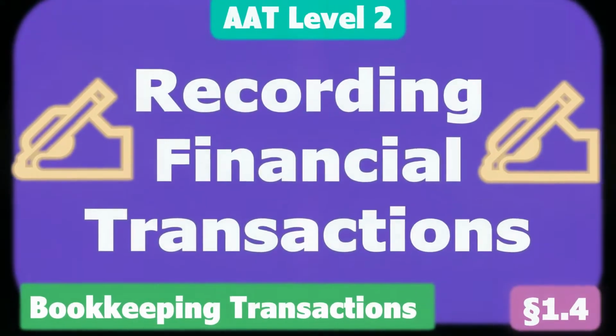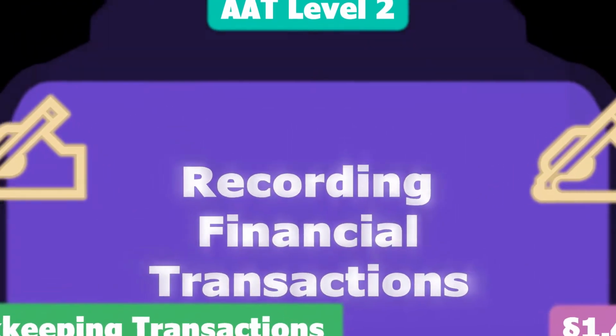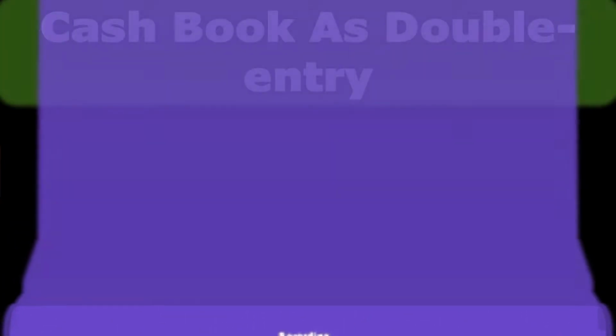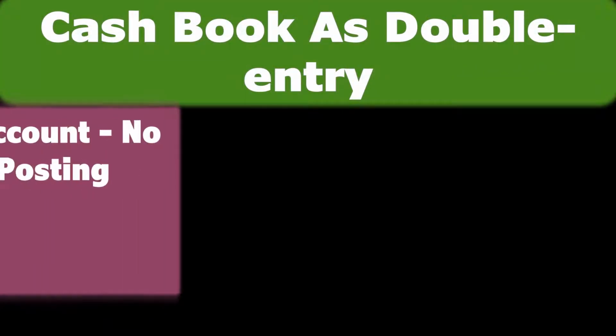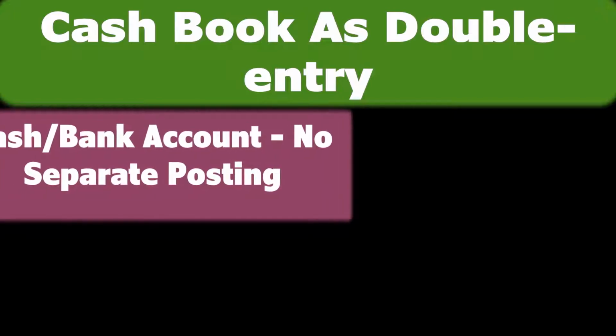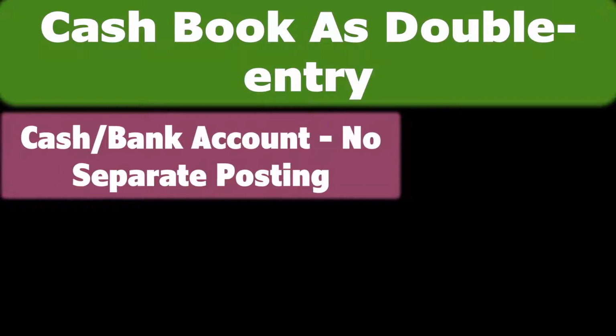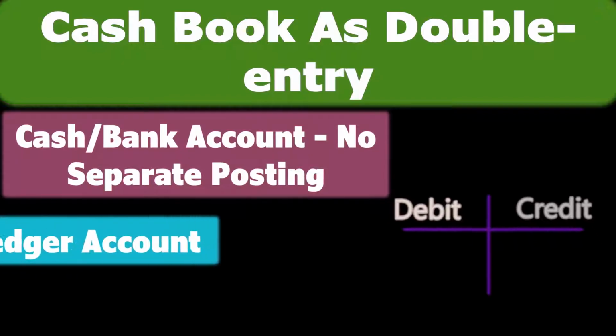Hello everyone, let's discuss the process of recording financial transactions. But first, we need to remember that the cash book can be part of the double entry system, as well as being a book of prime entry. When this is the case, the impact on the cash or bank account is already dealt with, and no set posting is required to the bank or cash ledger account, as effectively the cash book is forming the ledger account